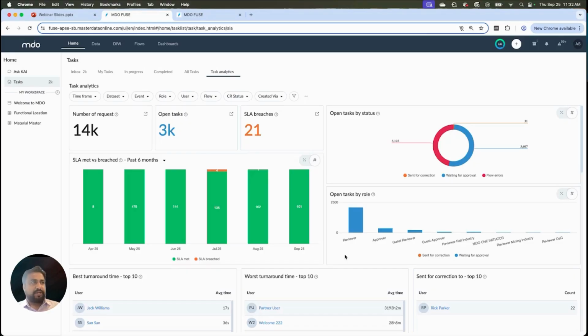Yeah, sure. The configuration part, I'll take that one first. This is a pre-configured view available where the user doesn't need to do any kind of configuration. You just have to get into the system and start running your change request process or record creation process, and the widgets will get populated in real time. So there's no manual configuration required to achieve this output. Whereas for the defined SLAs from a flow perspective, yes, in MDO, we have the option for every step within a flow to define the SLAs of 2 days or more, depending on how we want to run the process.